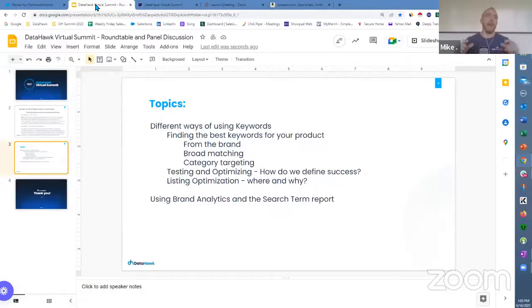So for example, if you save your images with a specific keyword title that you're not using within your listing somewhere else, you can index for that on Amazon. Amazon will actually index the alt text on your images. So that's another good way that you can leverage the keywords within your listing. There are a lot of different steps in going through the actual setup.